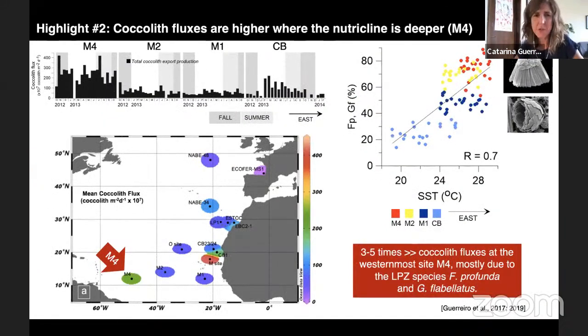Now, the second highlight from our work was that, quite unexpectedly, the highest total coccolith export production was not found at the easternmost part of the transect, where the nutricline was shallower, but rather on the exact opposite side of the ocean basin, where the nutricline, as I showed, was deeper across the transect. And in fact, the up to 3 to 5 times higher total coccolith fluxes found in the stratified western side